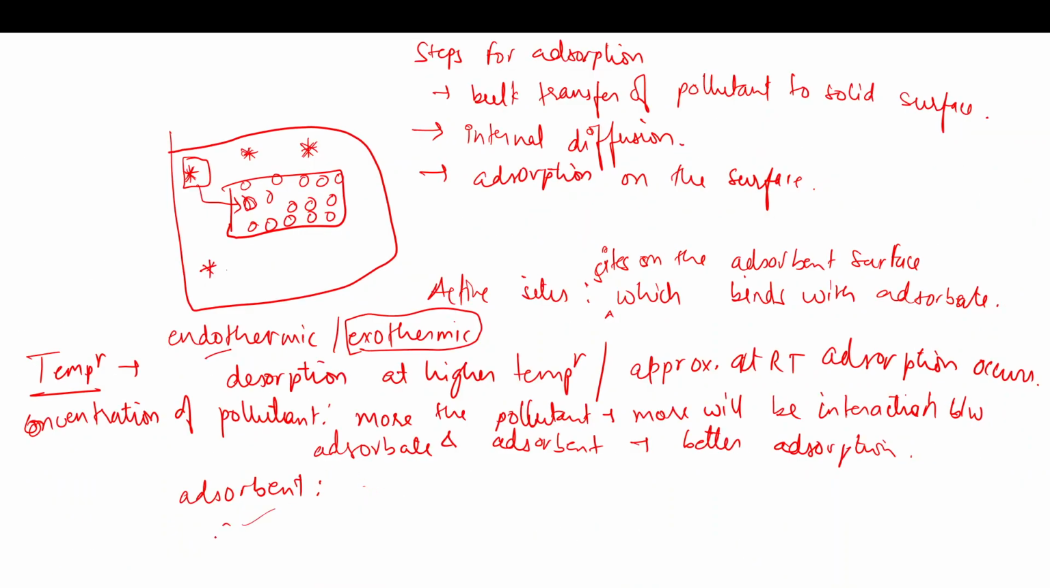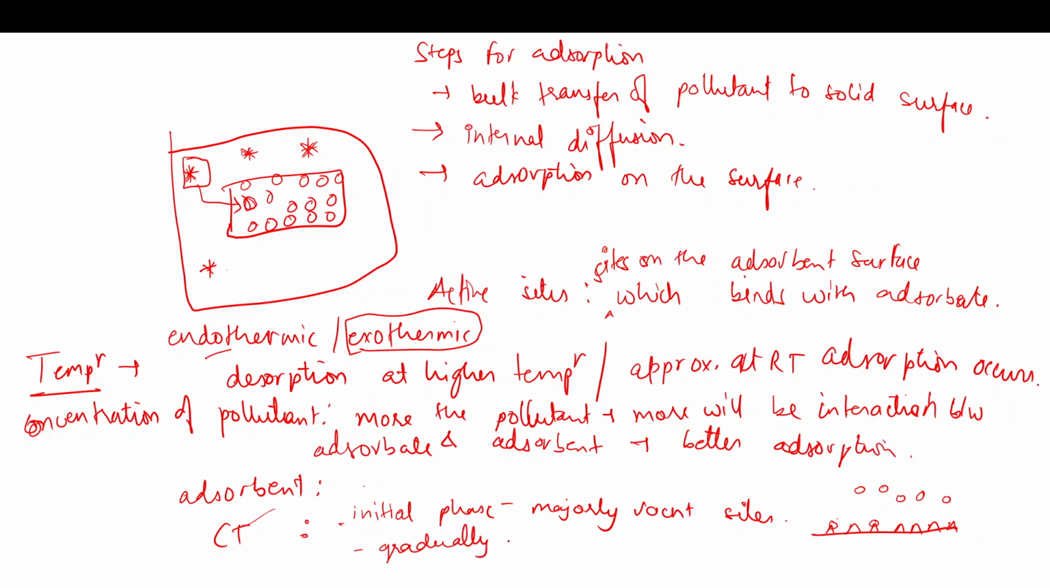Third is the contact time. So let's say this is the adsorbent surface and these are the active sites. Now these are the pollutants. Initially, during the initial phase, majorly vacant sites are there, right? So any pollutant has a chance to bind with any of these, right? So it binds here. Now when more pollutant comes, the amount of active sites